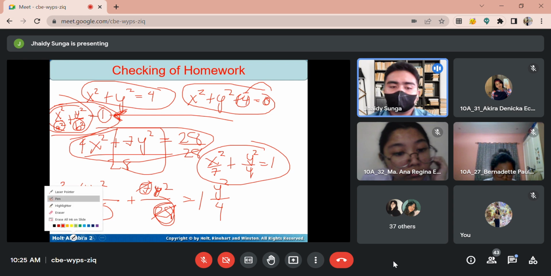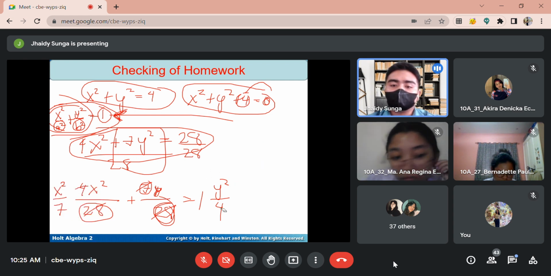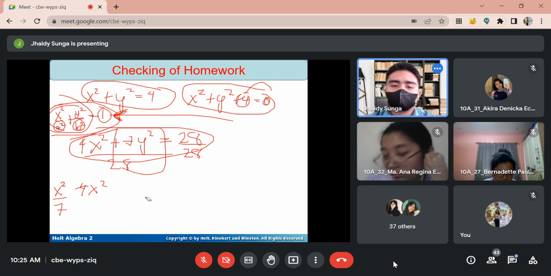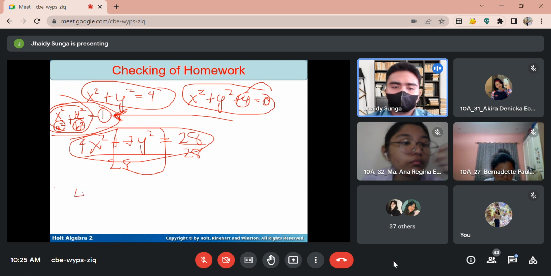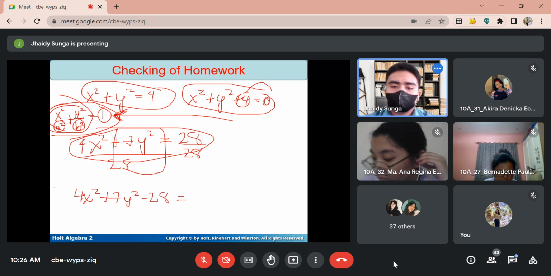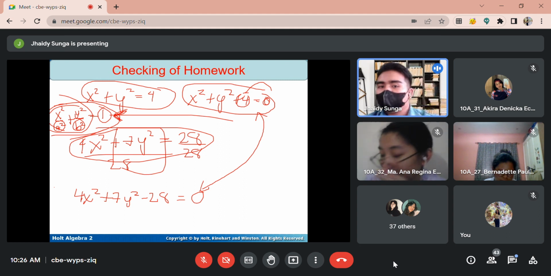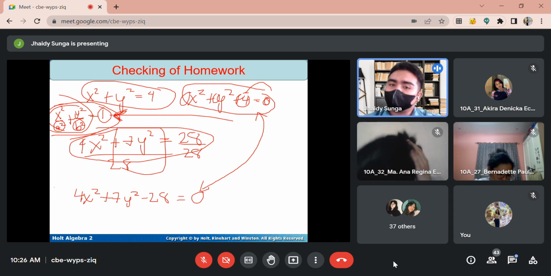But what if this is the case? Because you're talking about the general form. What if you just saw a general form for the ellipse, just like 4x squared plus 7y squared minus 28? You will notice the difference between a circle and your ellipse. As you notice, in a circle, there are no coefficients, correct? Even though you will have h and k, if your circle has h and k,